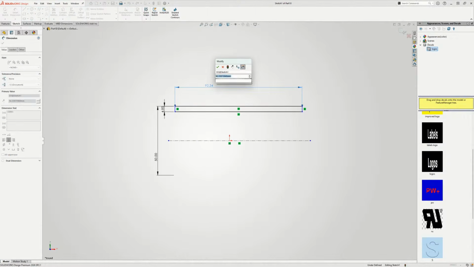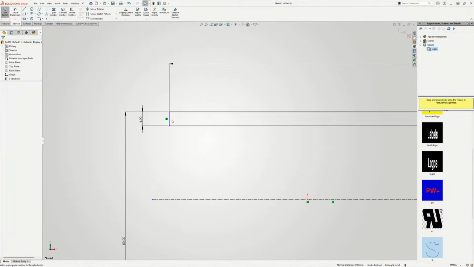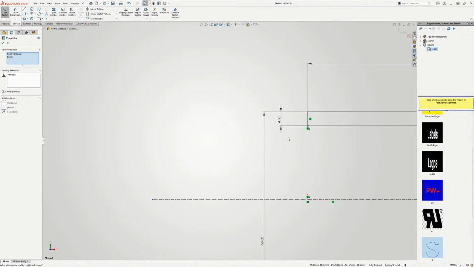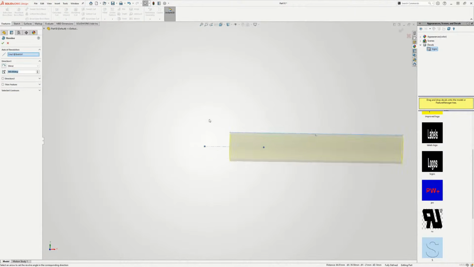Again, 300. And then, for good measure, because we want it fully defined, see if we can get this. See, now it tries to give me my, I don't want that. I'm just going to turn this off right now. Perfect. There we go. So now it's fully defined, and then I can just use the revolve feature,